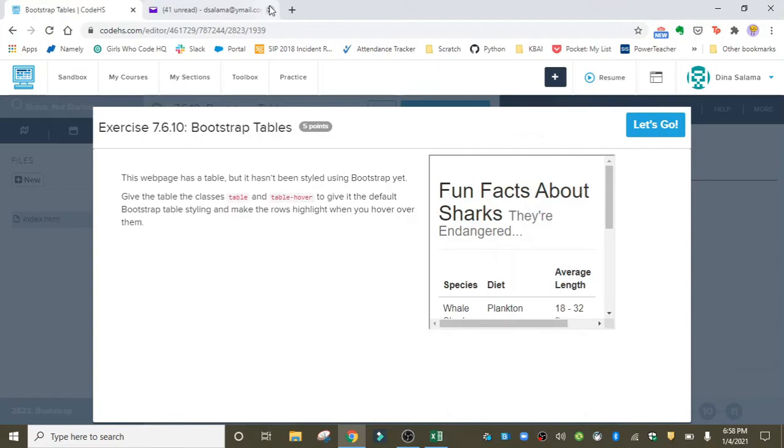Okay, welcome back. The next exercise is Bootstrap tables. So this is probably one of the easiest components to use in Bootstrap. And that's great news because tables are one of the most tedious things to code. And I'm sure some of you are laughing hearing that because tables can be a pain in the, you know,